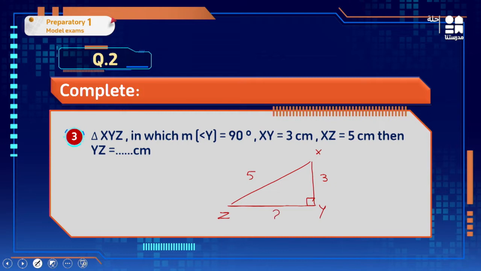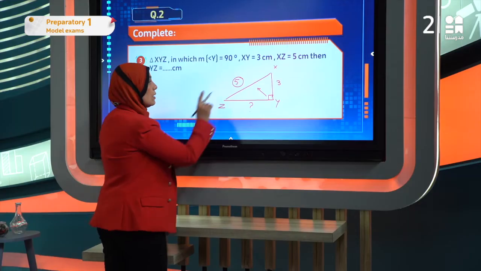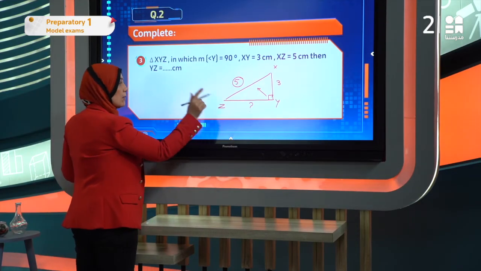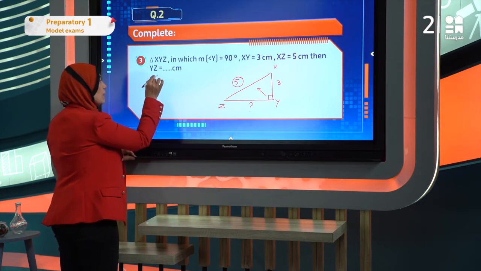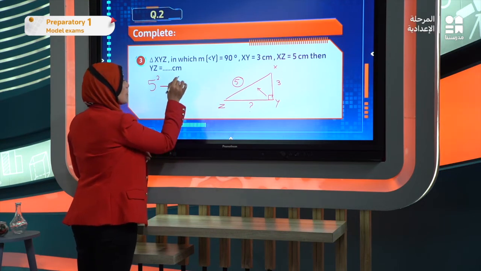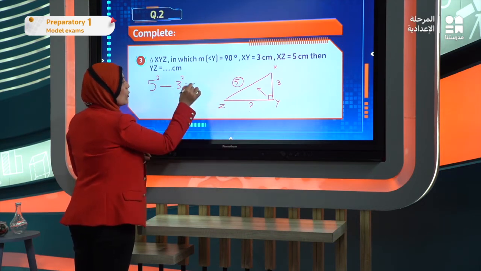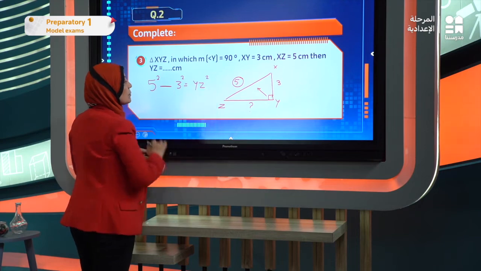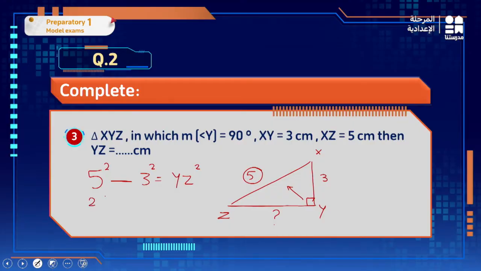YZ equals what? Here we have to apply the Pythagoras theorem. The hypotenuse is given, which is 5. It is opposite to the 90 degrees. So if the hypotenuse is given, we have to start with it and subtract. 5 squared minus the other side squared equals YZ squared. It is 25 minus 9 equals YZ squared, which is